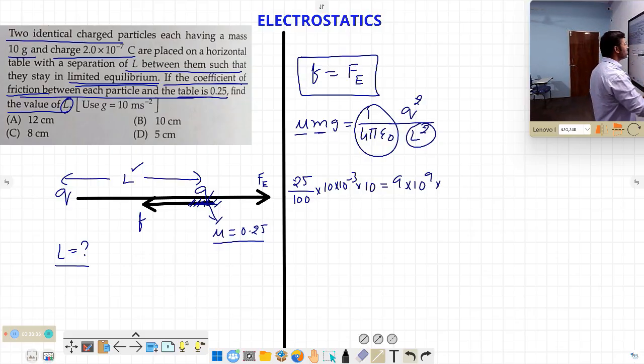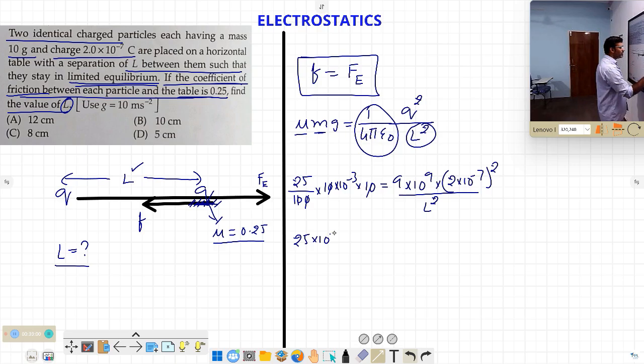What is Q charge? The two charges are separated, that is 2 into 10 power minus 7 coulomb. So 2 into 10 power minus 7 whole square by L square. From this first, how much can we cancel? We can cancel 2 zeros here. So we got 25 into 10 power minus 3 is equal to,